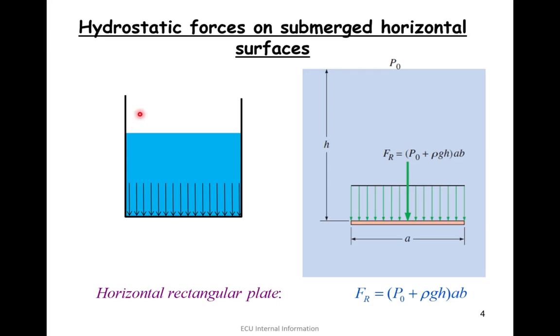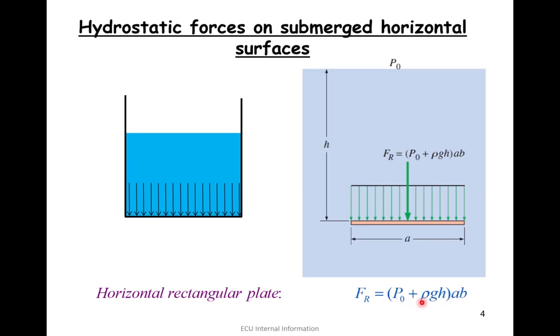Sometimes we add the atmospheric pressure, but if we go based on gauge pressure, we don't need to worry about that. So the resultant force is estimated based on P plus rho gh,